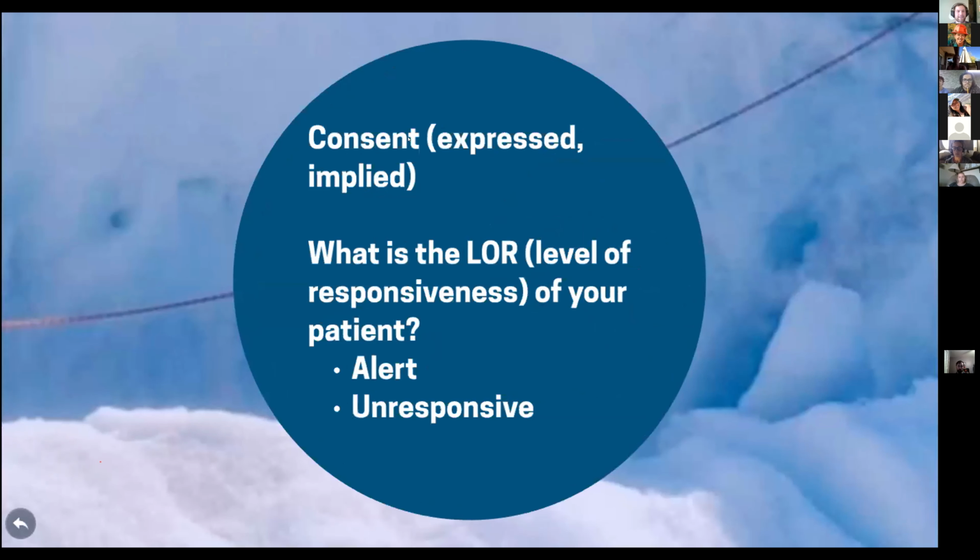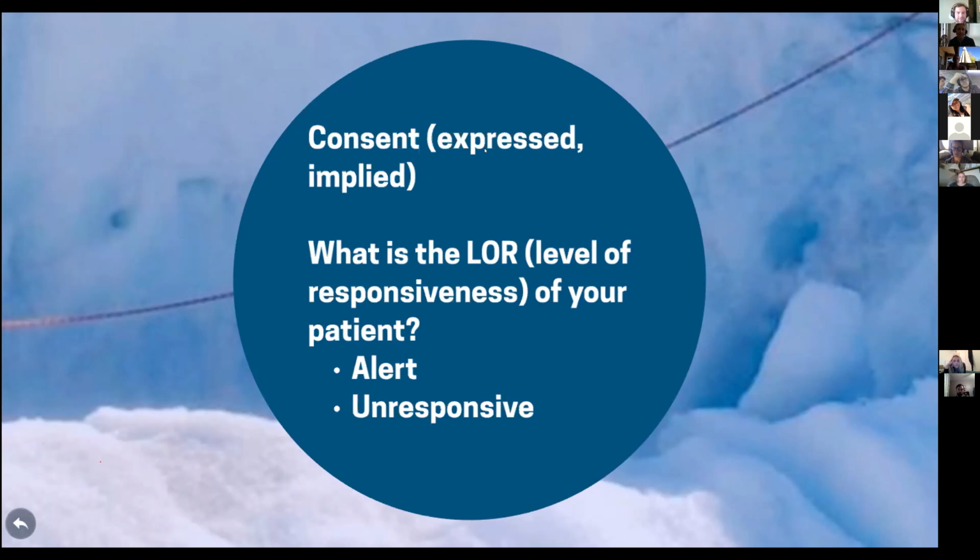So we have something called consent, and you can think of consent as permission. So we have express consent. For example, if Sarah was injured and I was hiking down the trail and I saw that Sarah was injured here, I would introduce myself. I'd say my name, my level of training. So my name's Christian. I'm trained in wilderness first aid. And then I would get consent. So I'd say, can I offer you assistance or can I help you? And if Sarah is a reliable patient and she responds, yep, then I have expressed consent. Sarah has expressed her consent and I can help her.